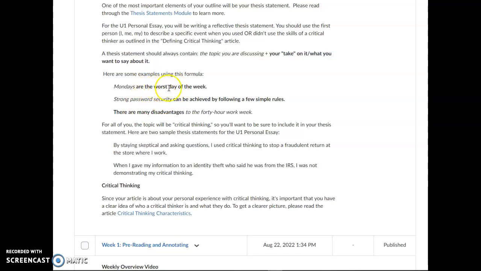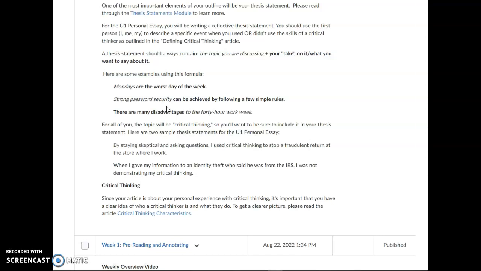It can be an opinion. It can be information. It can be instructions. Thesis statements have lots of different functions. We're used to thinking of thesis statements as opinions, but they don't always have to be opinionated or argumentative. They're all different kinds of writing. So for an argument essay, of course, you want to include an opinion on the topic. But if you're writing an informational essay, you don't necessarily need to include that. If you're writing out instructions, you don't need to write a thesis statement for an article that's full of instructions.